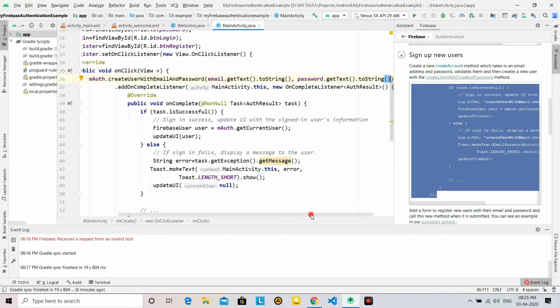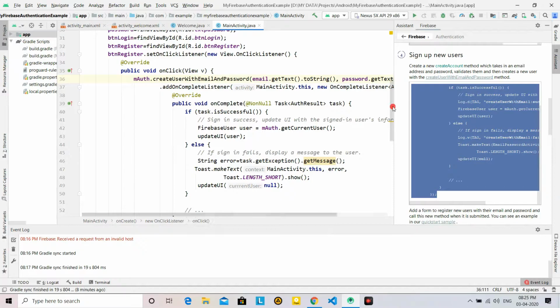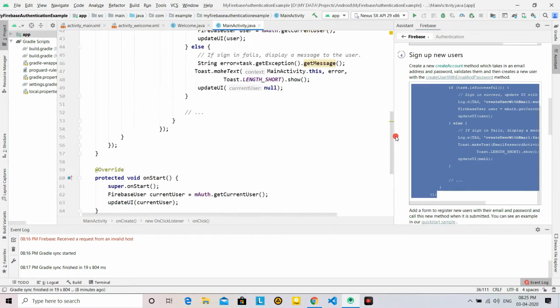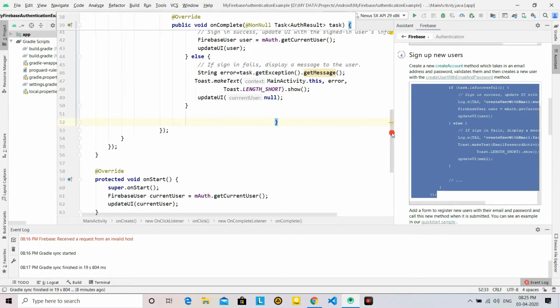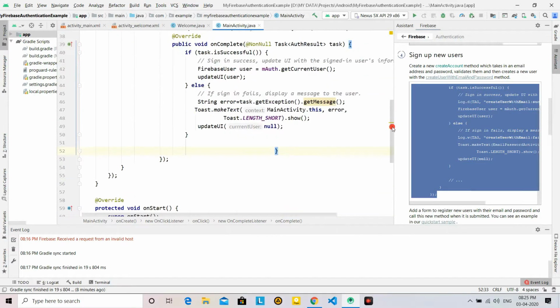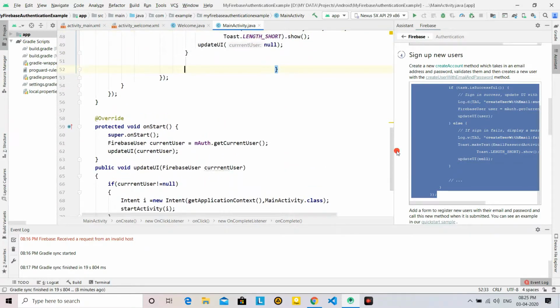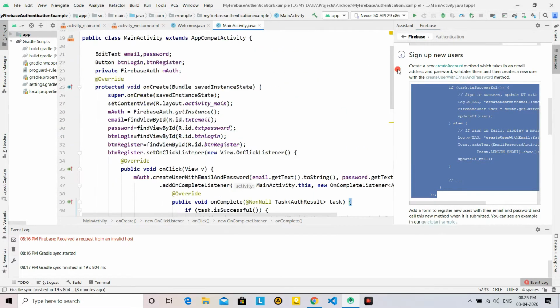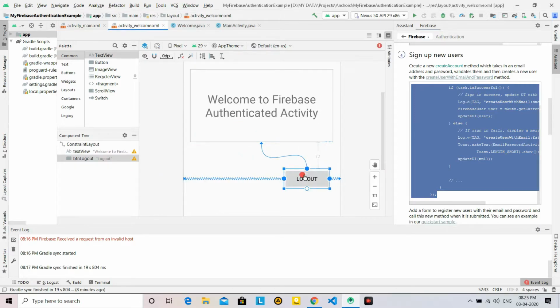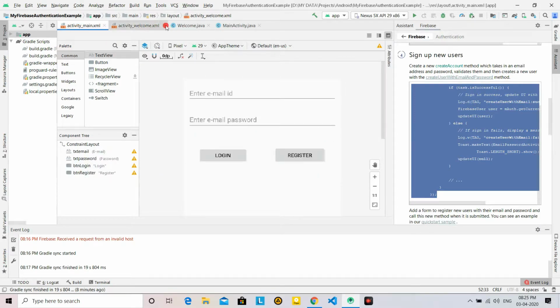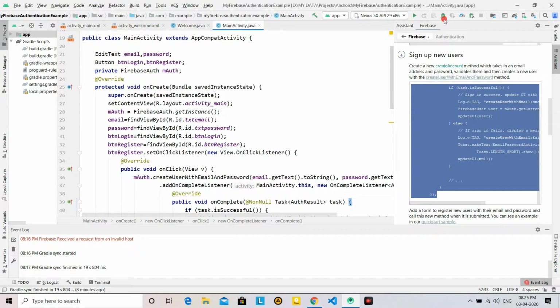Okay, so now the error is gone. This doesn't require this, just remove it. Okay, now the error is gone. So we are ready here, but we have not made the coding of login and logout right now. We have not made any such coding, we just made the registration process. Okay, now try to start the program